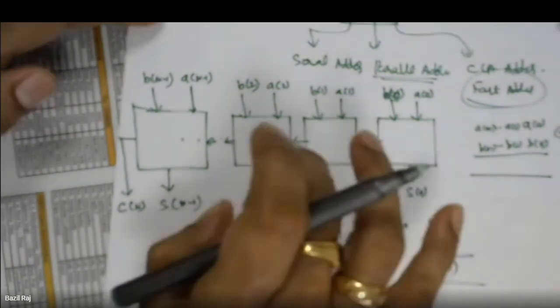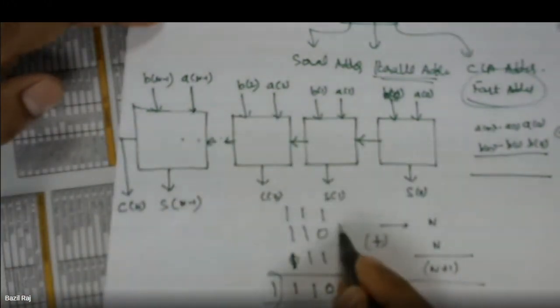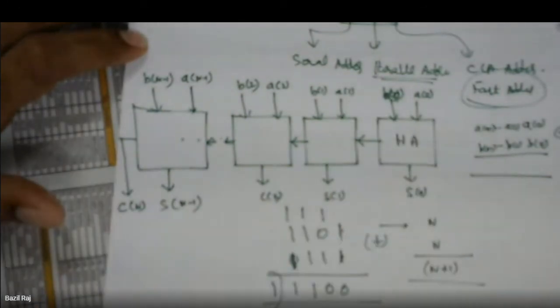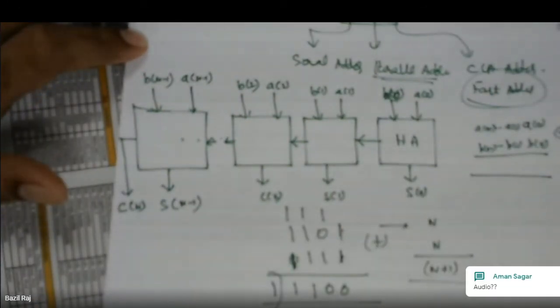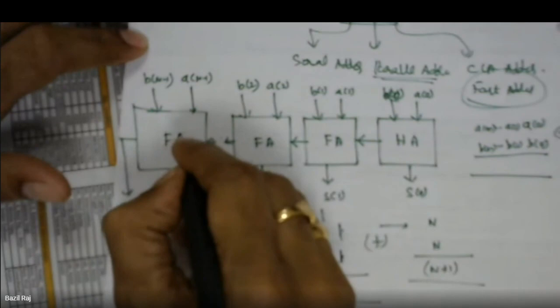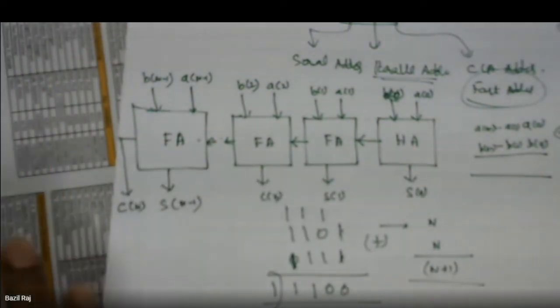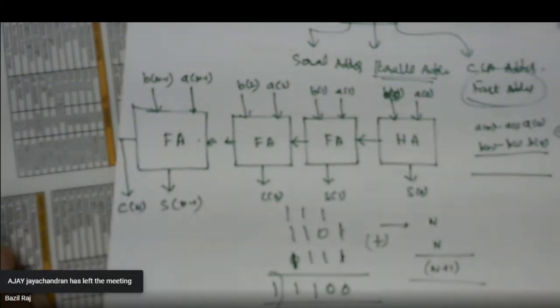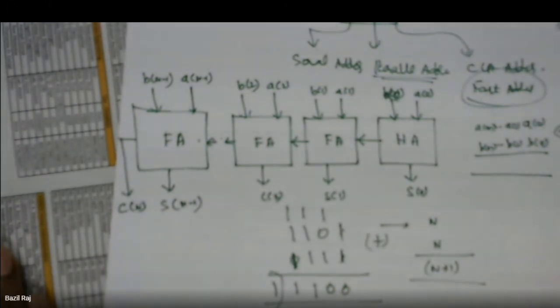Second thing, we call this a parallel adder. Whenever I am adding this bit plus this bit, I do not have any carry. Therefore, the first stage can be a half adder. The first stage in the parallel adder can be a half adder, and the second, third and last adders should be full adders, because there is a chance to get a carry from the previous adder, which will come to the subsequent adder. Nothing wrong in designing the first adder also using a full adder, making the carry as 0, but it requires additional resources, that's all, right?